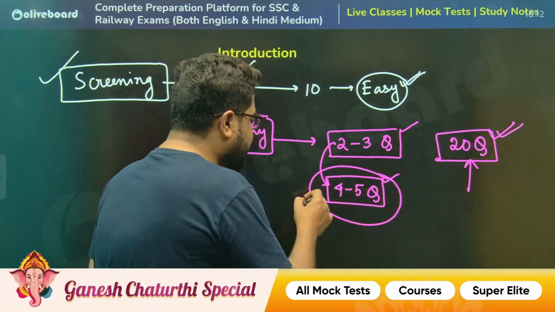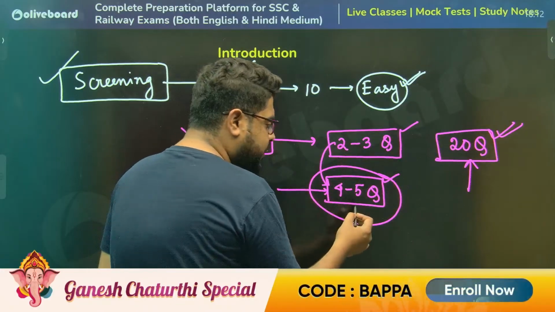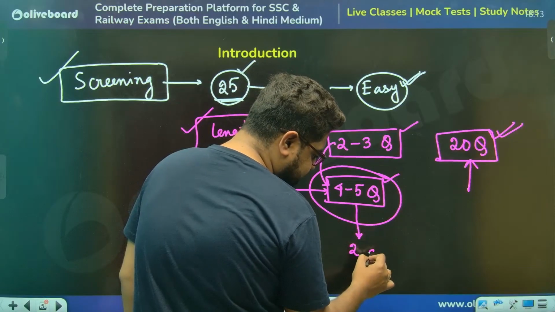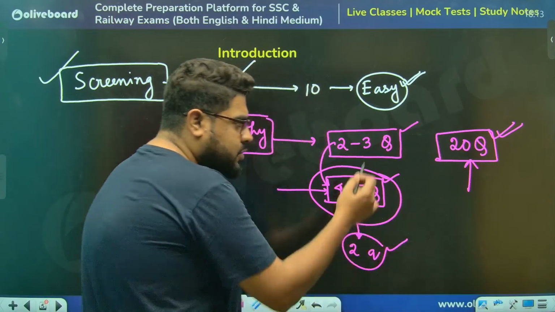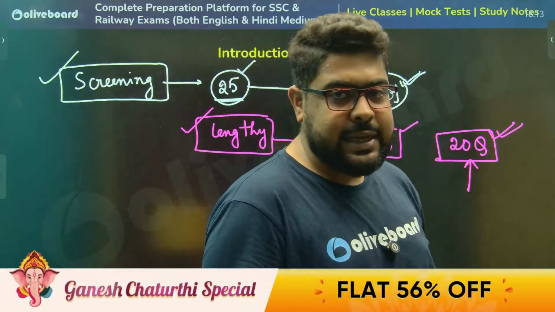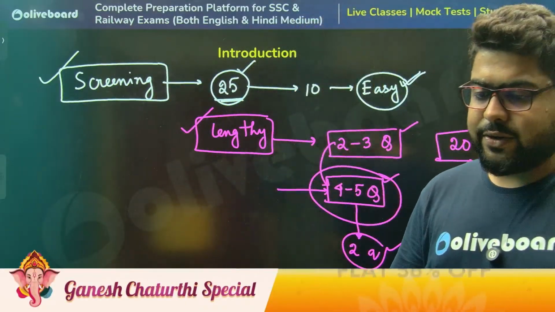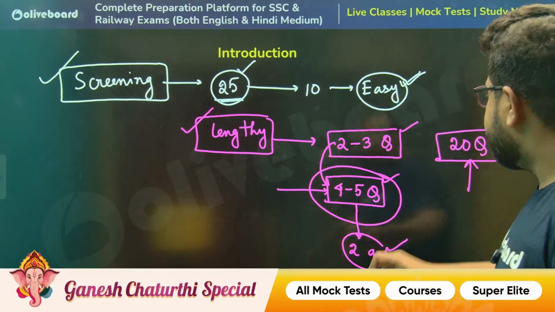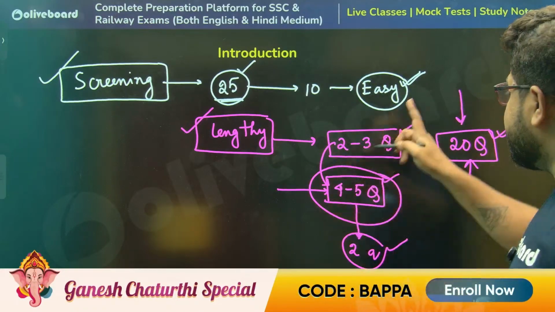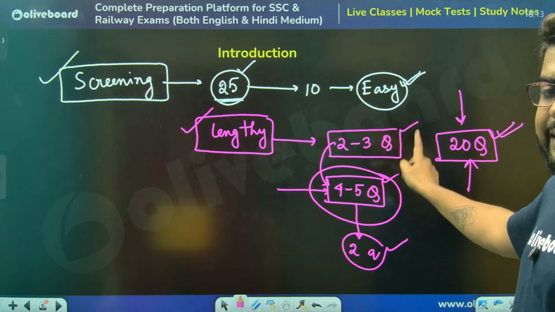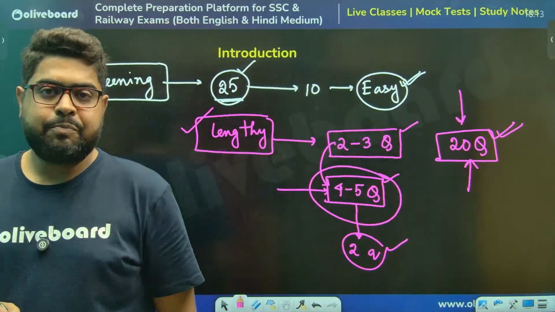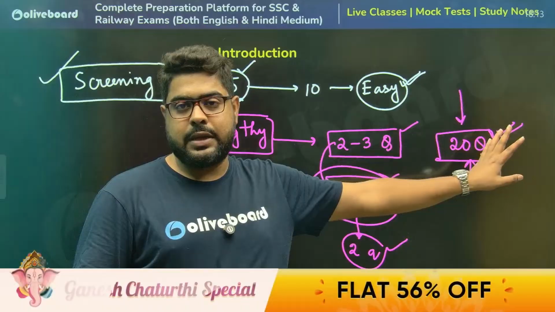Then from the remaining 4 to 5 questions, if you can do a couple, say 2 questions, then you are doing 22, which is a very, very, very good attempt. And if you can't, stop at these 20 questions. But in these 20 questions, you cannot get anything wrong. You must get everything right. That should be your goal.